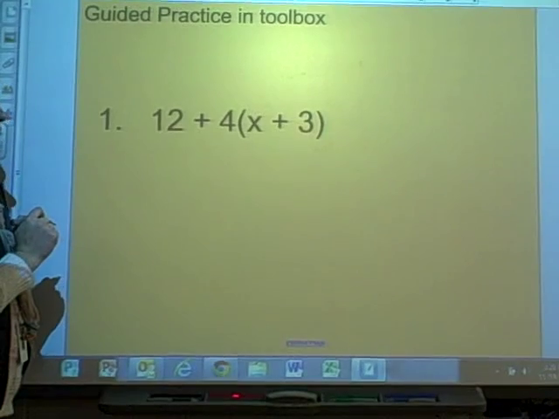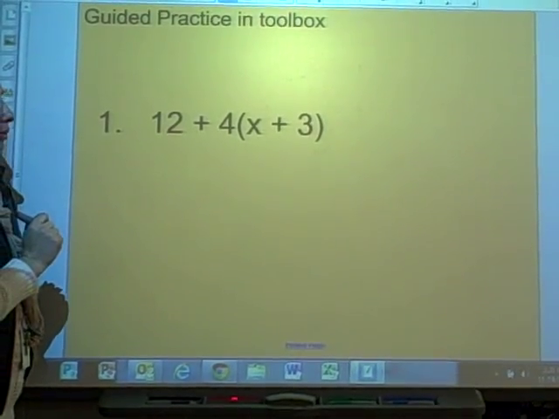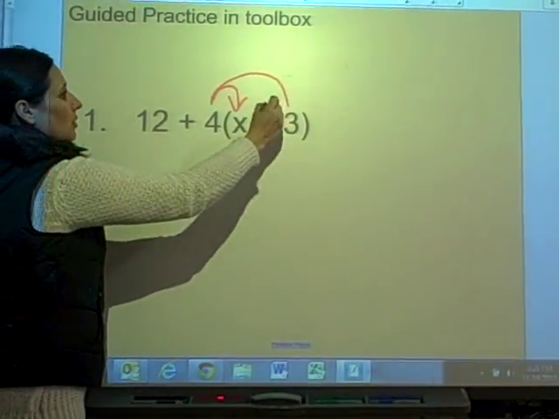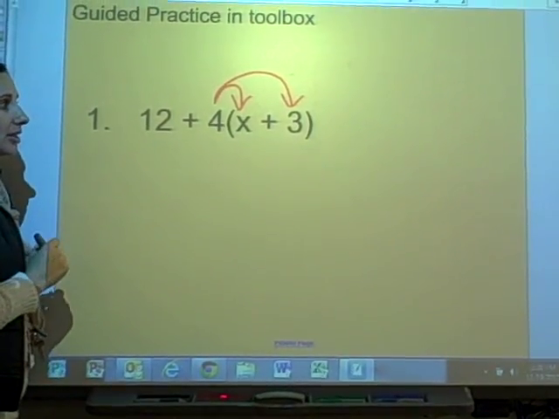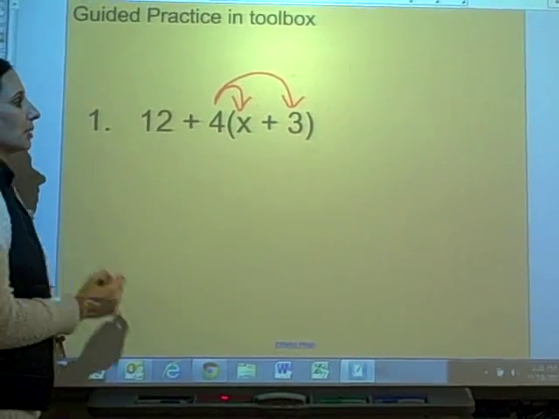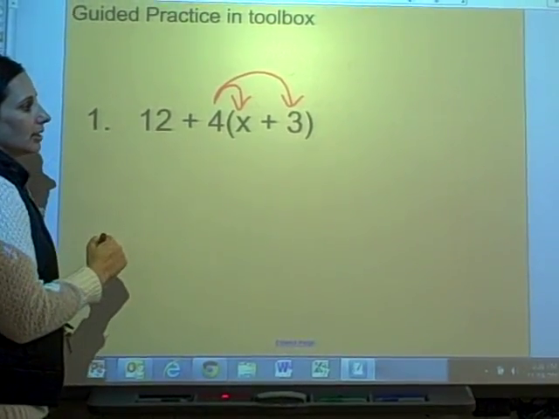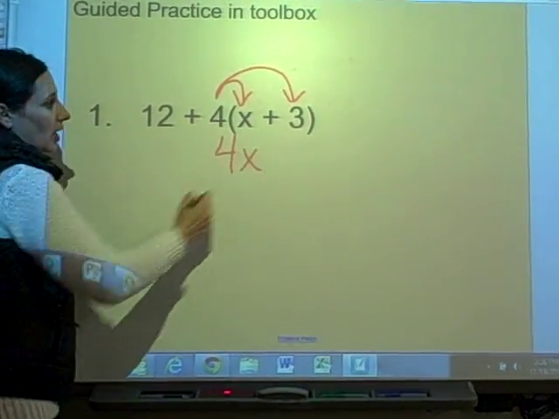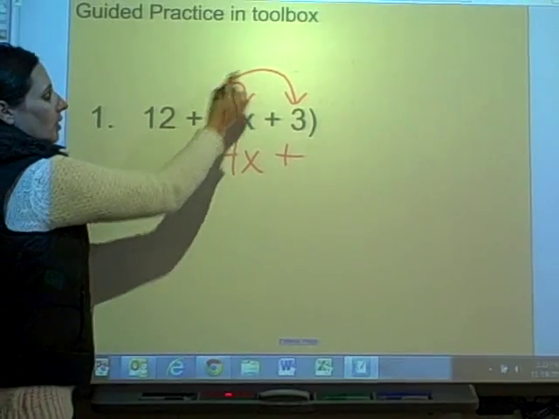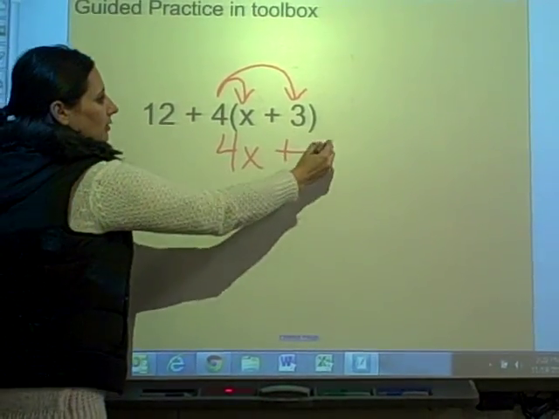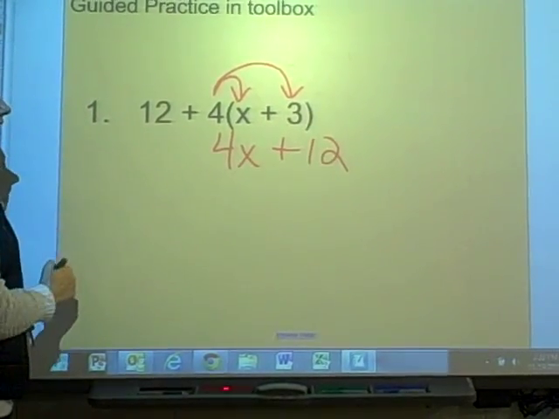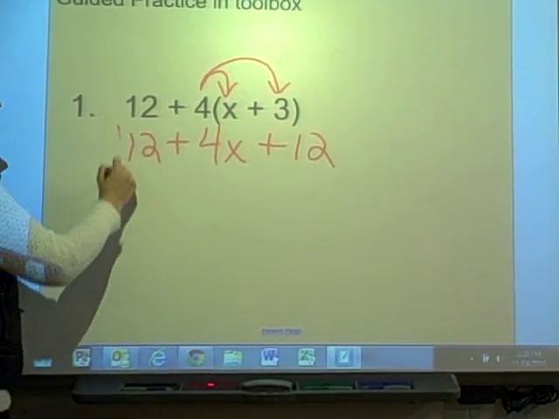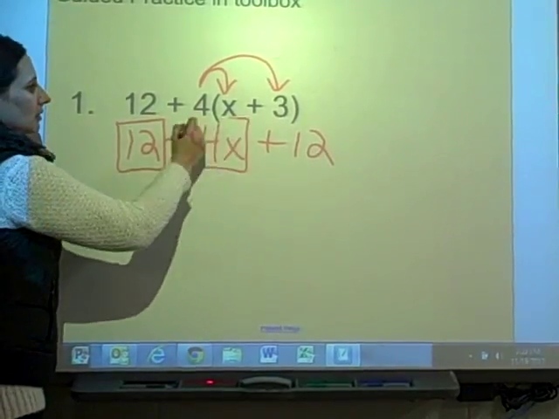Step 2 is to go through, and now that new step is to get rid of those parentheses. So we're going to distribute your 4 to your x, distribute your 4 to your 3. When I say distribute, I mean to multiply. 4 times 1x, if there's 1x here and I need 4 of them, 4 times 1 is 4x. 4 times 3 gives us 12. Bring down what's left in your expression. 12. Go through, box your terms,